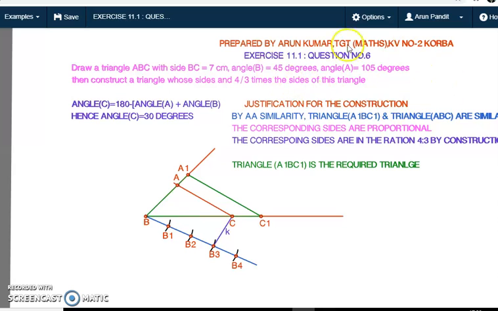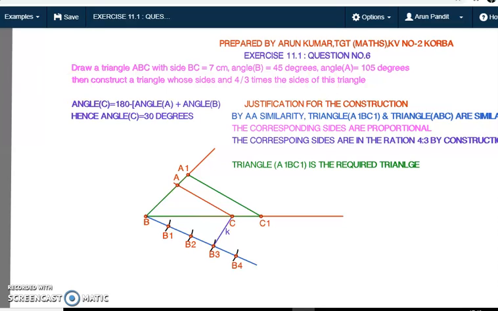But two angles of this triangle are given. So by using the angle sum property of a triangle, we can find the third angle. As angles B and A are given, when we find the third angle, we will get the measure of angle C. Then taking C as center, we can construct that angle. What would be the measure of the third angle? 105 plus 45 comes to 150, so the third angle would be 30 degrees. So at C we construct an angle of 30 degrees, and at B an angle of 45 degrees. Automatically at vertex A, 105 degrees will be constructed.